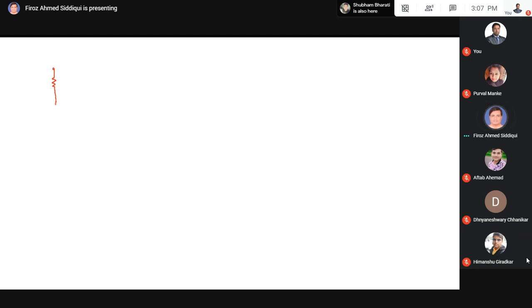There are 2 resistors. There is 10 volts in, or you can take it as 15 volt. 15 volt. This is 10k. Say this is 5k, and this is the diode which is connected here,